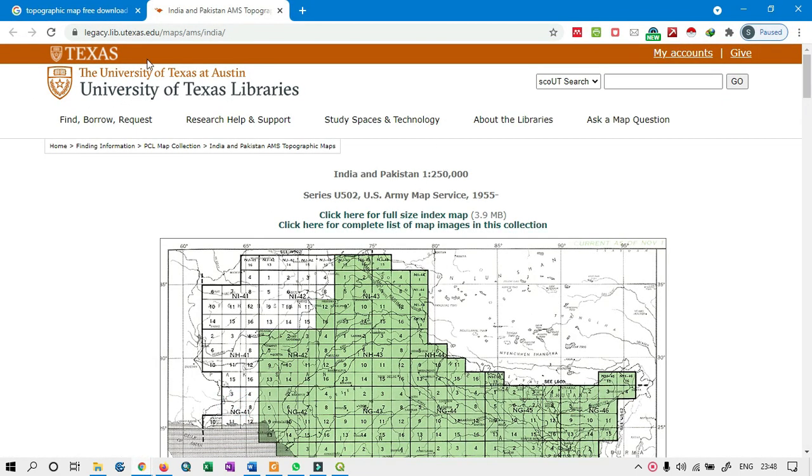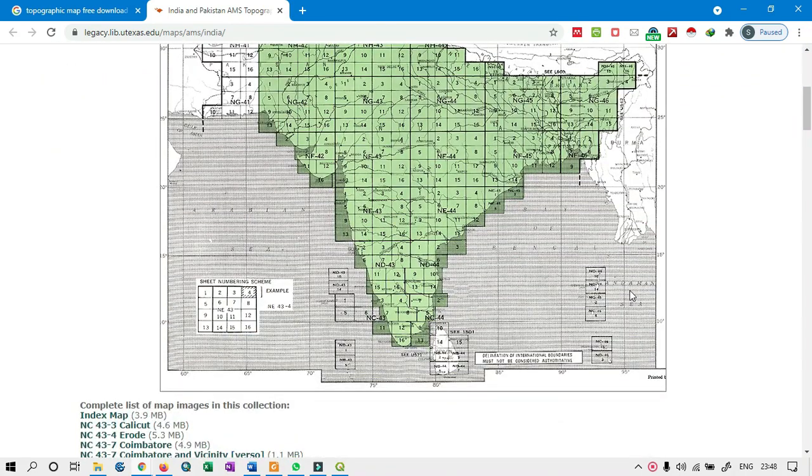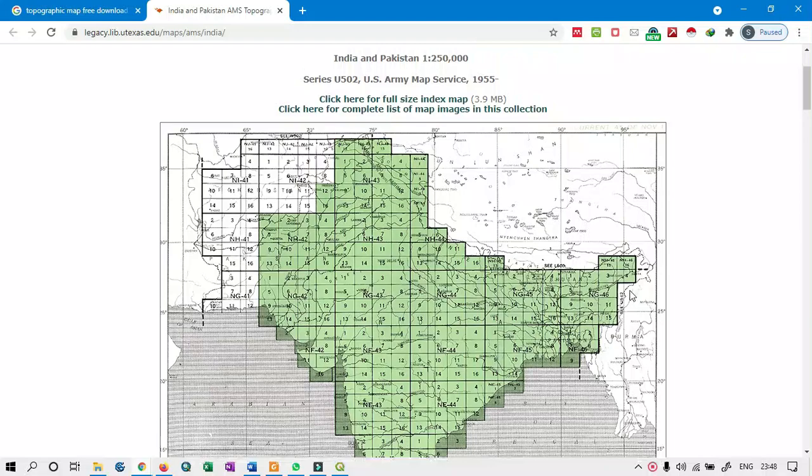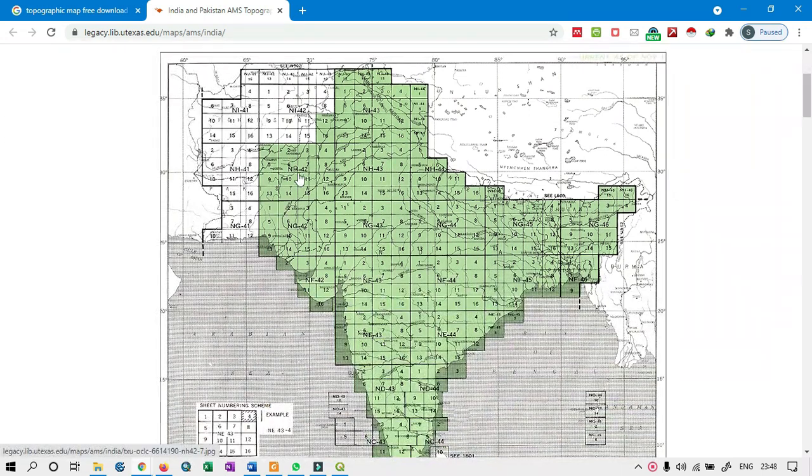This is a very interesting and very good source of topographic maps worldwide, provided by the University of Texas Libraries, Austin. From here, there are several kinds of grid classification.